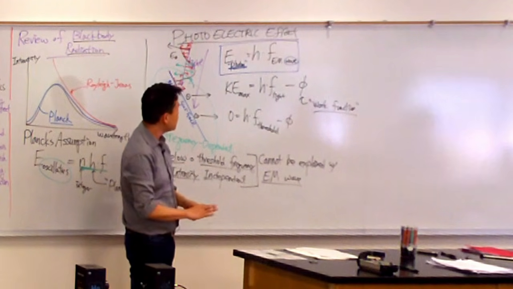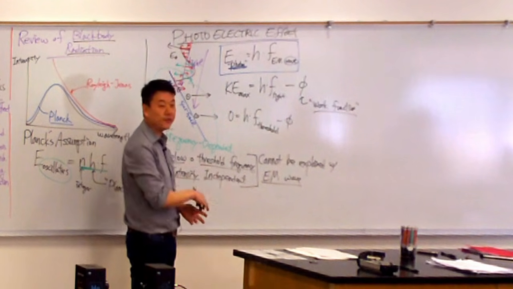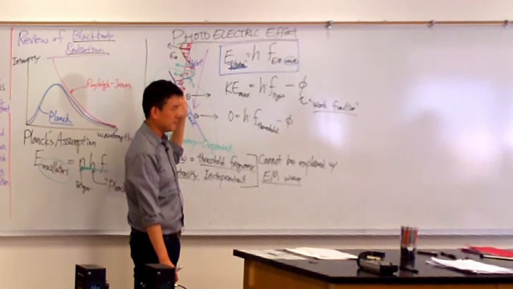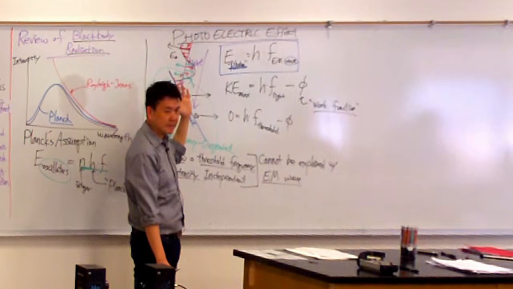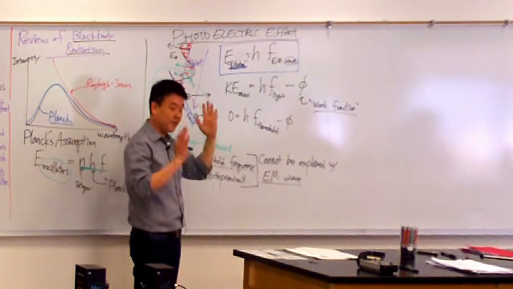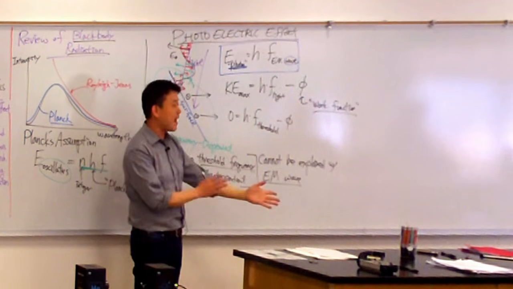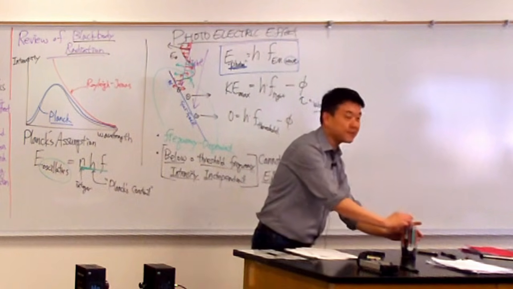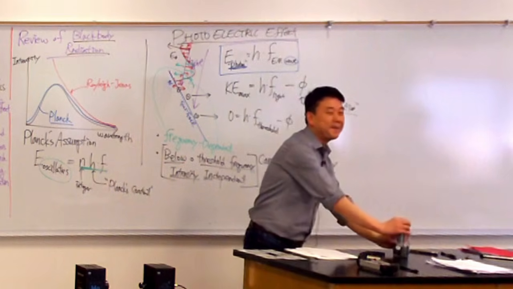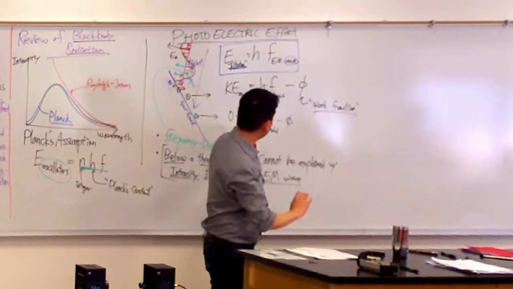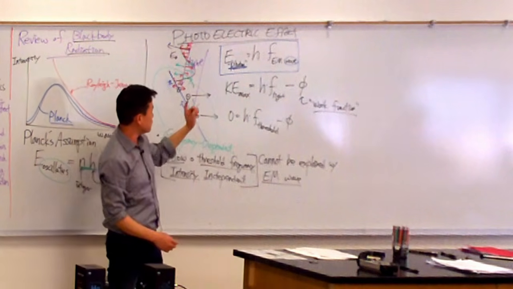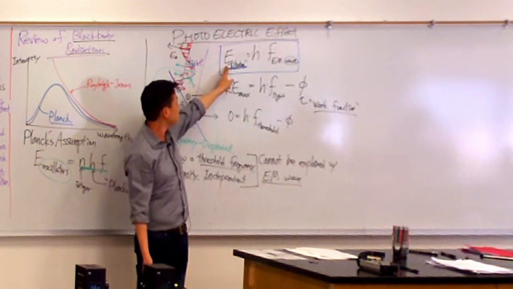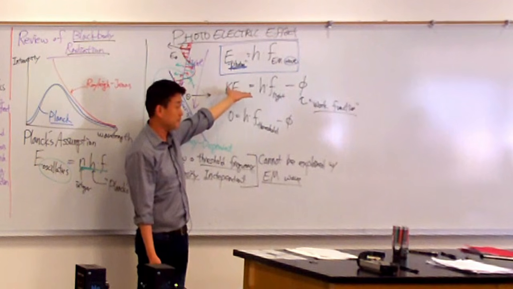Maybe because it's simple, somebody did do the experiment a few years after Einstein proposed it. I think the experiment was done in 1916. And once you have a theory that's experimentally verified, now the Nobel Committee can actually give him the Nobel Prize that they knew they had to give to Einstein at some point because he's a genius or something. So this is the photoelectric effect. Once you get over this hurdle of hearing that light is actually a particle, then it's mathematically pretty simple.